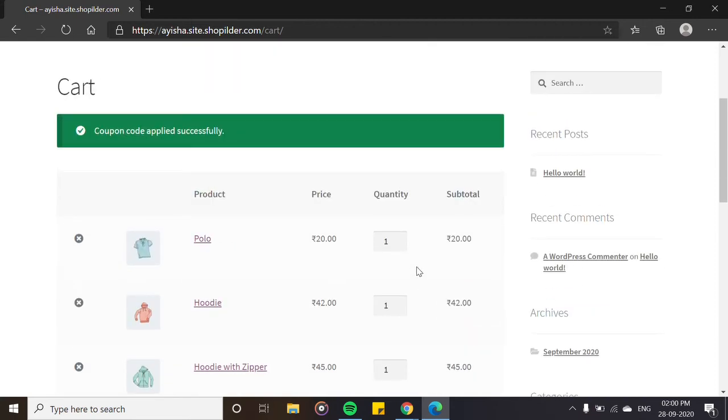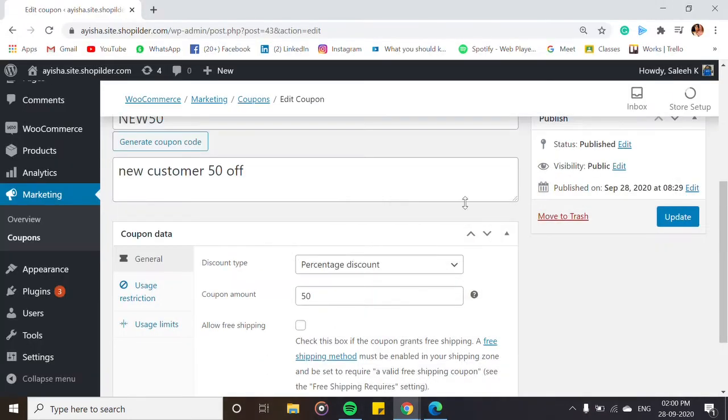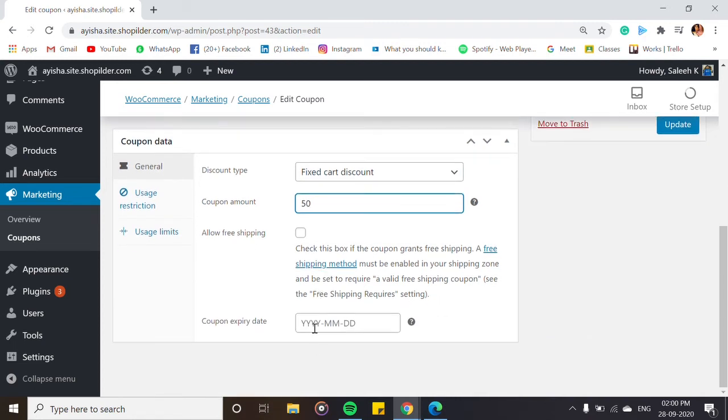Now let's see how we can provide a discount of 50 rupees. This was a 50 percent discount. Now let's go to 50 rupees. For this you have to choose fixed cart discount. I'm adding 50 rupees.